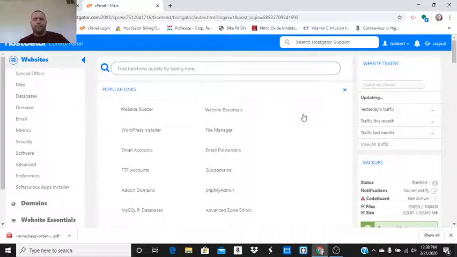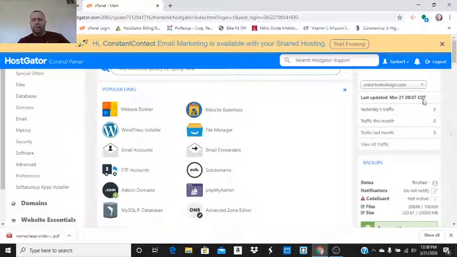Now if I scroll down on the right here, I'm going to see where my name servers are. I'm going to copy those and put those back in the domain. For security reasons, I'm not going to show that, but just keep in mind you're going to scroll down on this side. There'll be two name servers in HostGator. If you're doing it through a different hosting package like GoDaddy or something like that, you may have to find them a different way. I used to do GoDaddy. I think they were in their cPanel, on the left, maybe. But just Google it or contact someone. Where do you get your name servers?